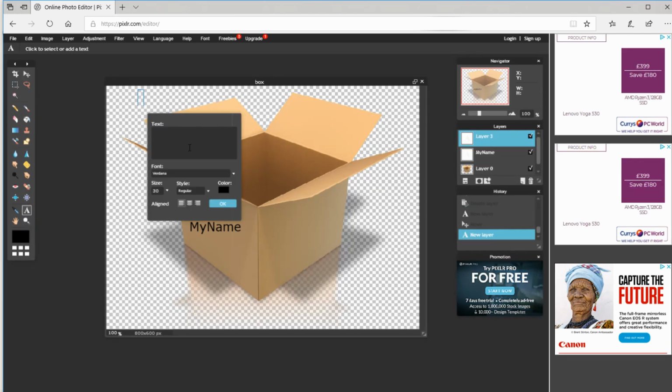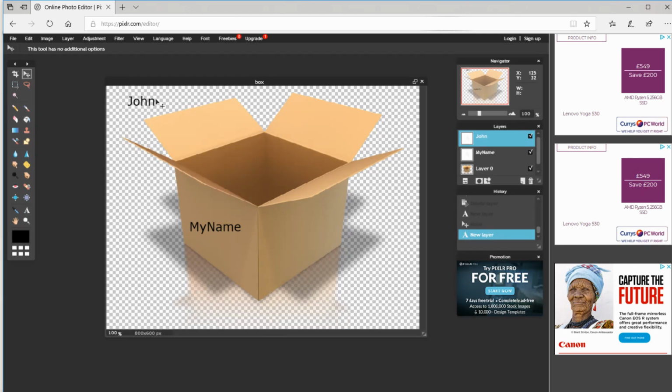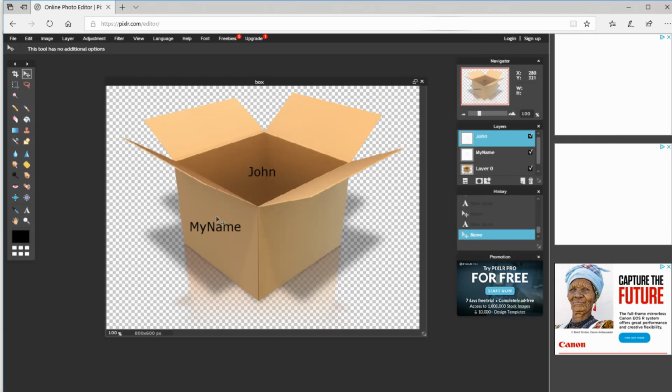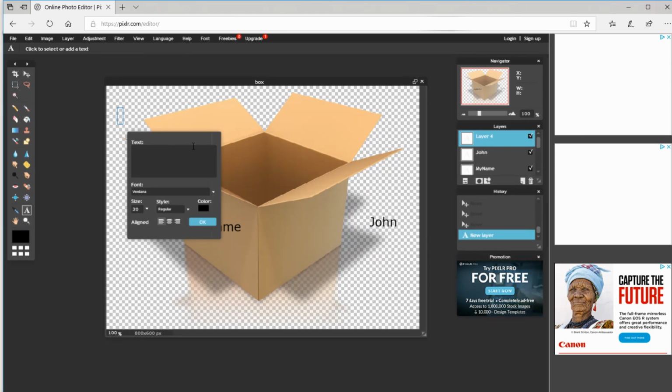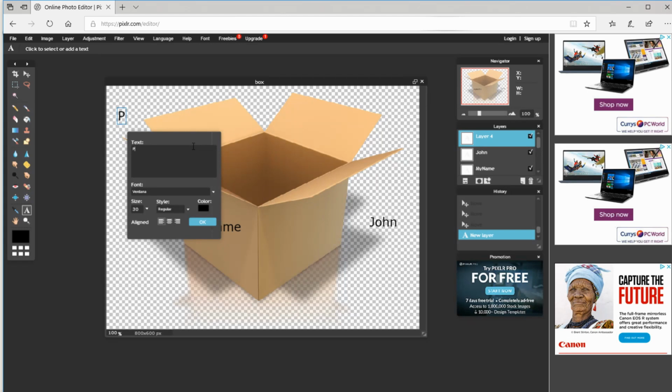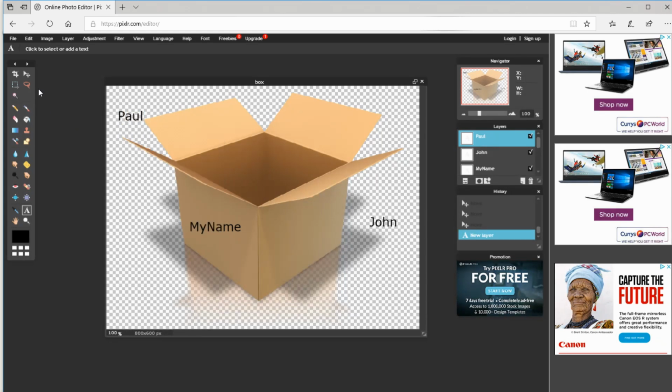Now I can put data in this box. If I have John, I can put my name in the box, and now the value of my name is John. But what I can also do is, while the program is running, I can say, oh, I don't want it to be called John anymore. Let's put some new data in it, and I'll call myself Paul. So now I can say my name is Paul,